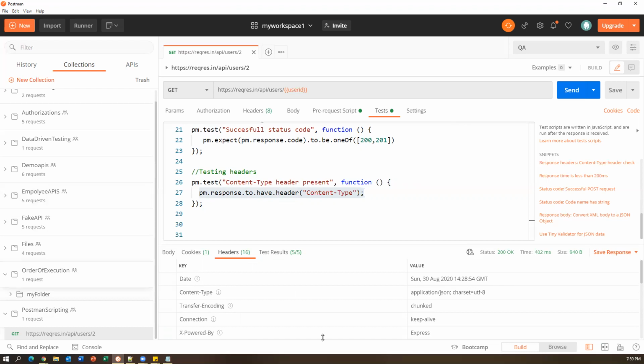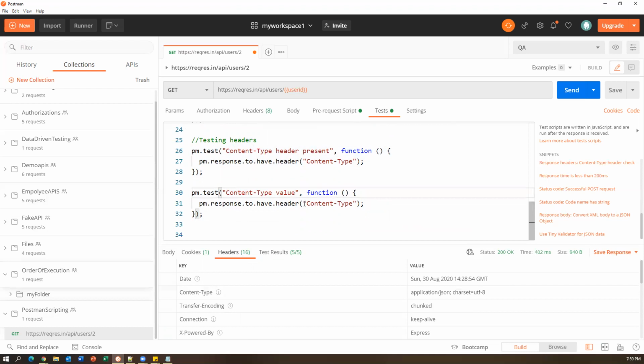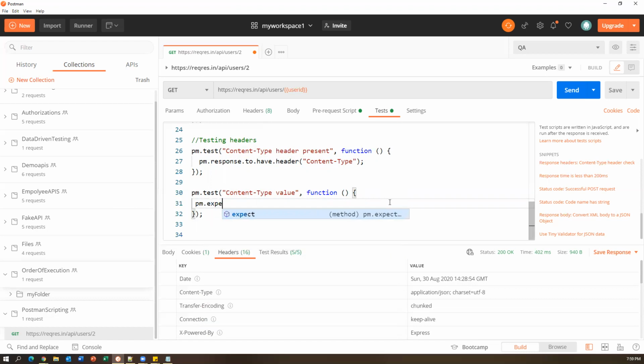Suppose I want to verify the exact value of the content type. So the content type value is this one or not, I want to verify. Okay, and for that I can add one more test. So content type value I need to verify. So how to verify the content type value? To verify the content type value, we can just specify the statement like this. Here we are expecting the value should be there. So here pm.expect